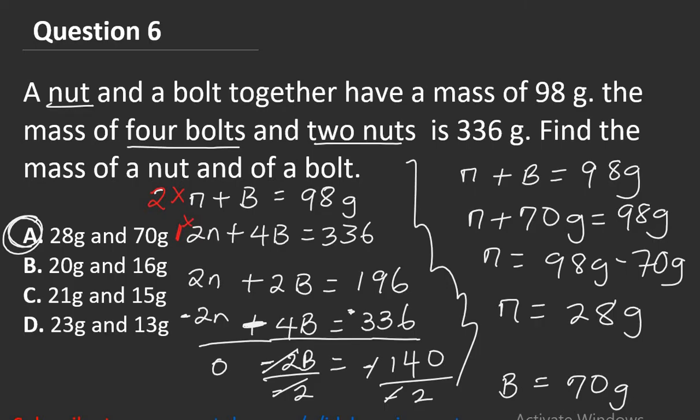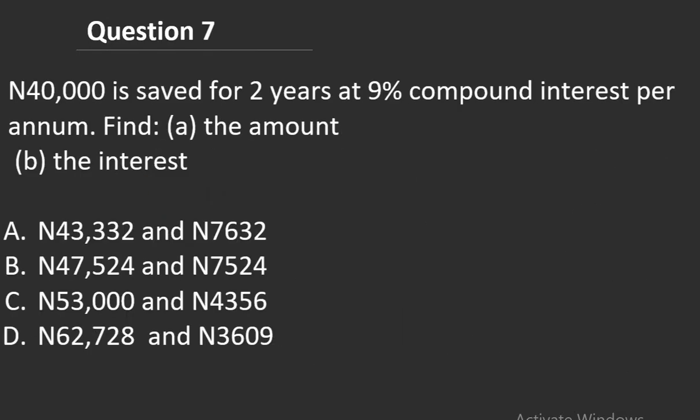Alright, question 7. Question 7 says, 40,000 is saved for 2 years at 9% compound interest per annum. Find A, the amount, and B, the interest. We have a formula for calculating compound interest. To find the amount,